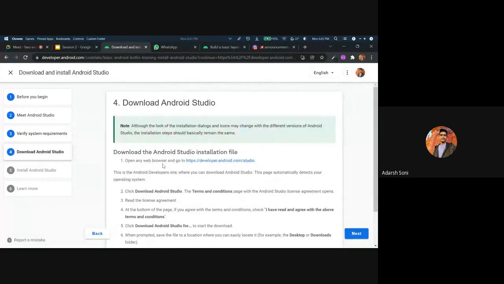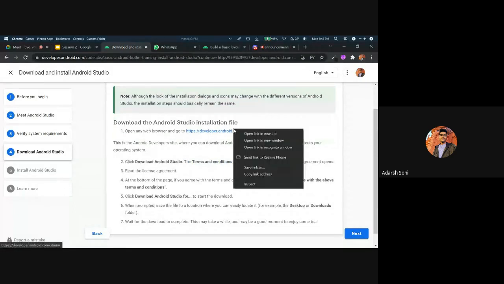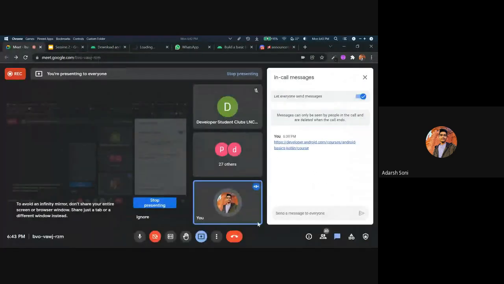So, okay, to download Android Studio, you can go to the link. I will be pasting this link in the comments.